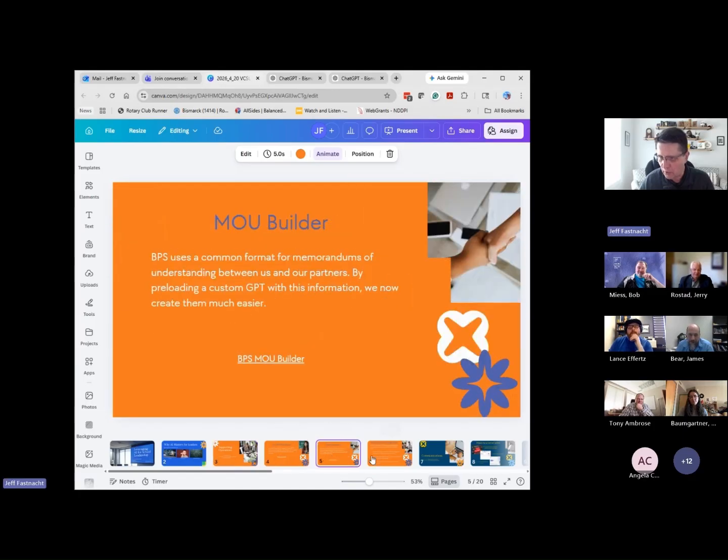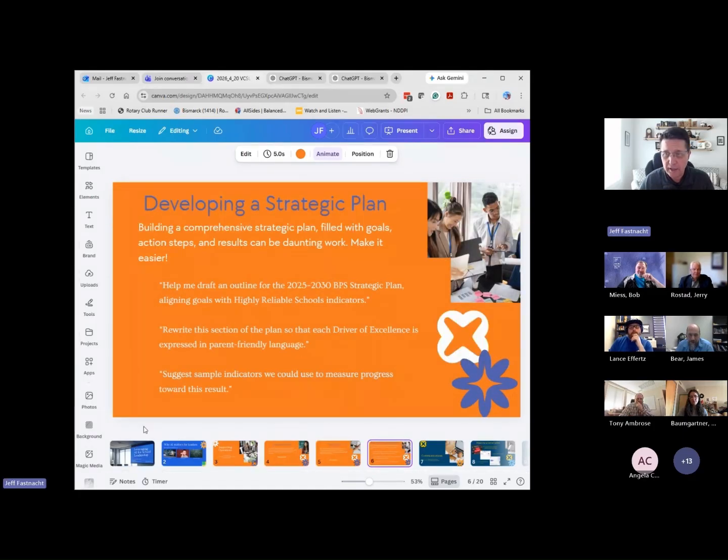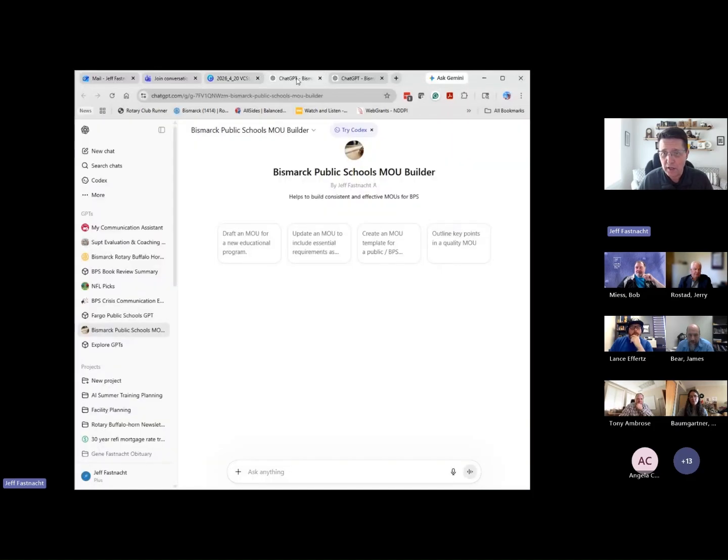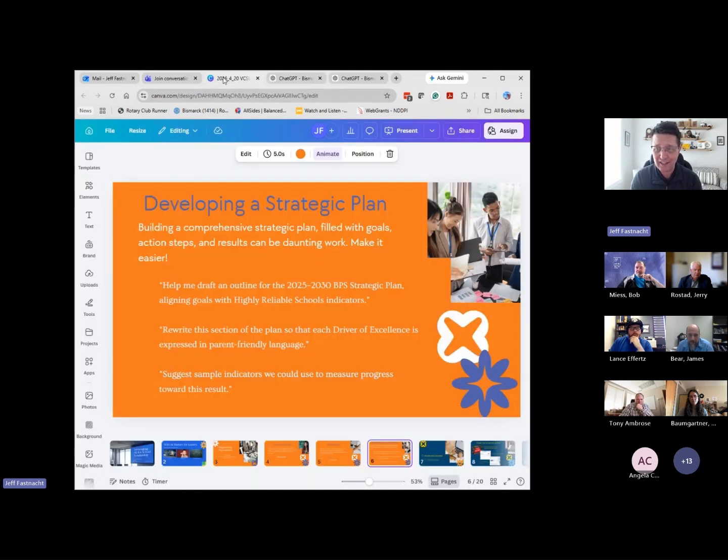That was the HR one, the MOU builder. I did use it last year. I had a custom project over here, because now GPT allows you to keep projects instead of just custom GPTs. And I had used that a lot to build a strategic plan. I don't know if anyone's ever done that, but it was the repetitive nature of digging into a project over time and iterations of itself.